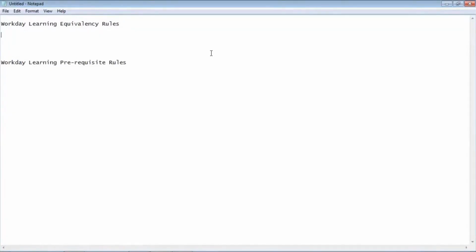The third thing here is that the course actually assigned to the employee will not be completed, but it is treated as equivalent to the assigned course having been completed. Here the goal is met. The only difference is the actual assigned course was not completed, but the other course, which was equivalent to it, was completed by the employee.